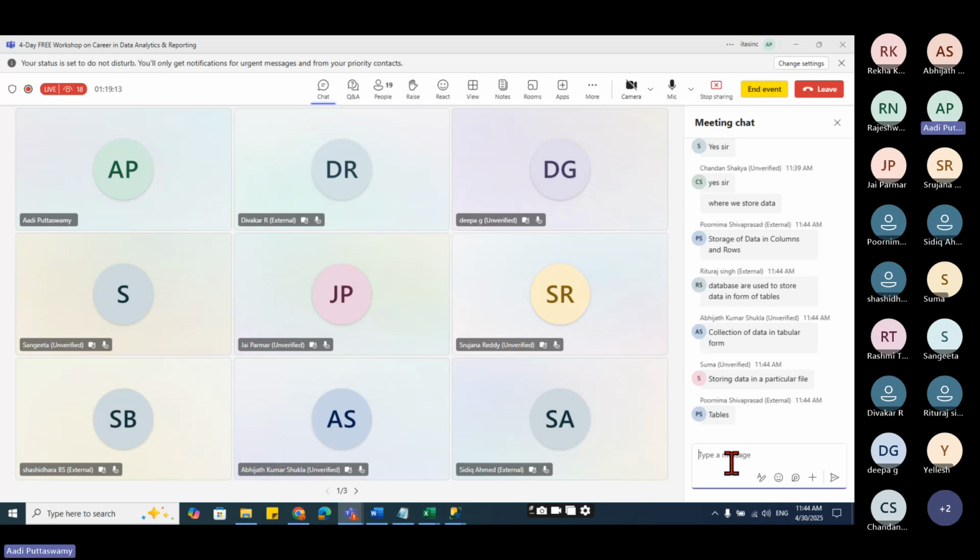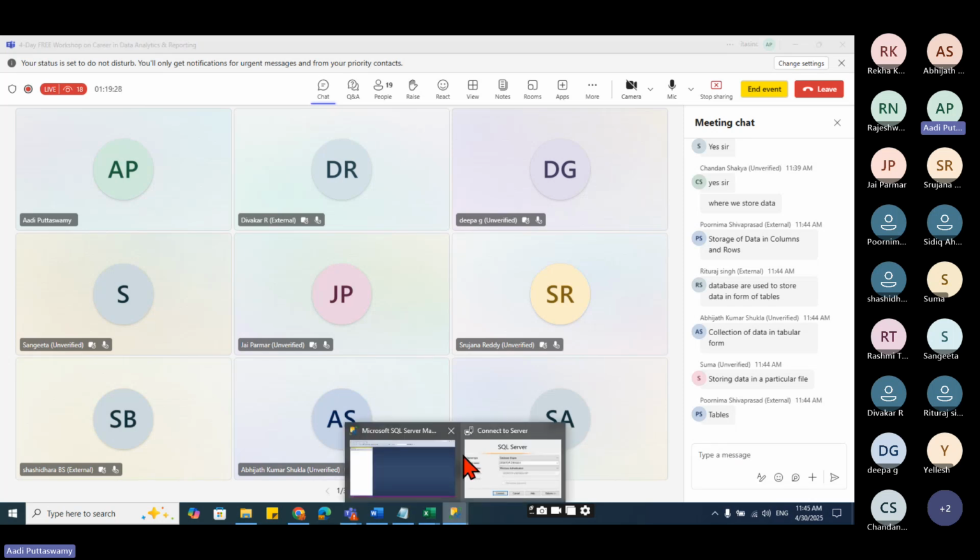Table. See, Purnima has already given the answer. So you can see the table: I have rows and columns, correct?